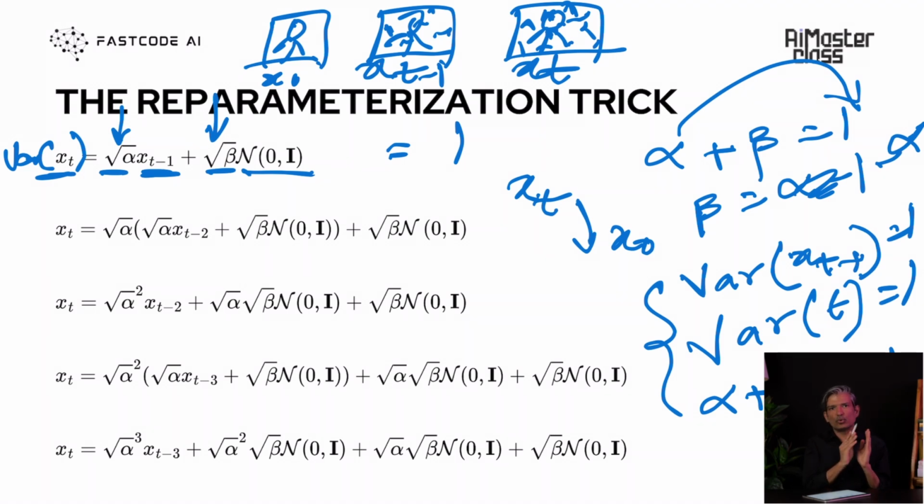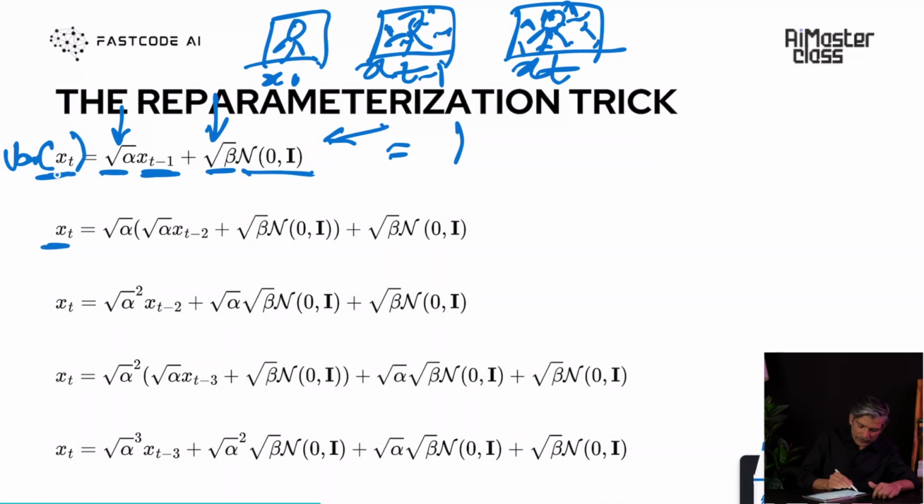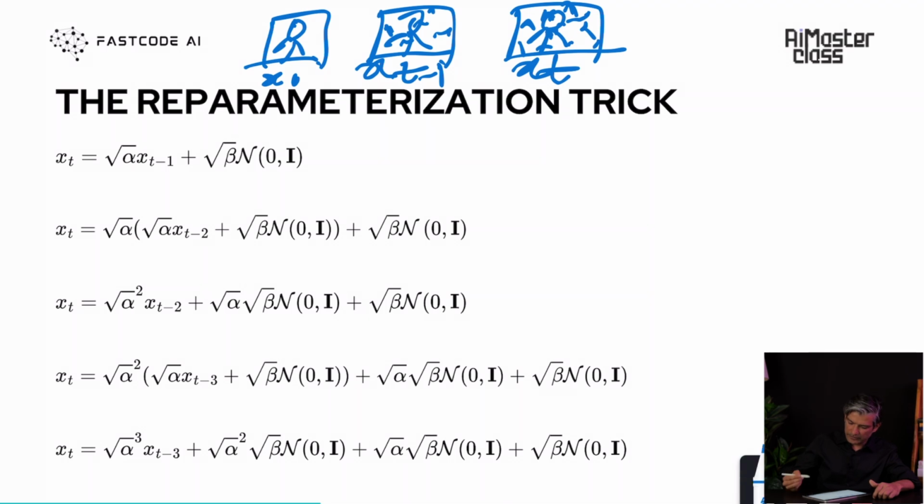To get to x1 from x0 is simple, because I can just use this equation. But can I go from x0 to, let's say, x100 without doing this iteratively 100 times in a loop? The answer is yes, if you write down the math, and it's very simple. So let's look at the math. It's all high school math, by the way. We have our xt, and our xt is essentially this function. Let me rub this off, and now let's concentrate on the equation.